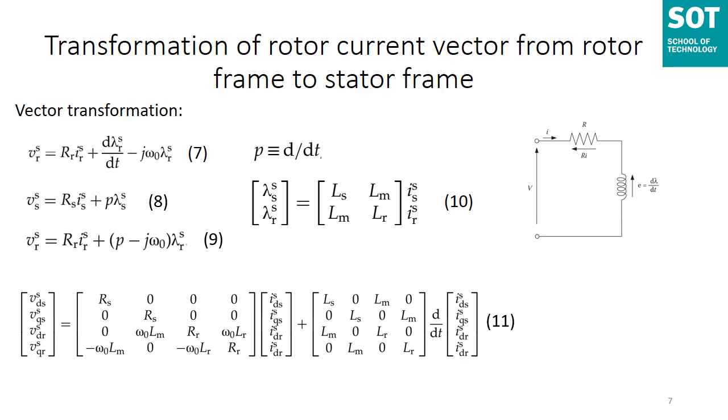Now, if you remind yourself, the rotor circuit of the induction motor is shorted. So, the voltages will be 0. What voltages will be 0? Rotor circuit is shorted, so VR should be 0. The D quantity of VR should be 0 and the Q quantity of VR should be 0. That means VDRS and VQRS will be 0. And at a given rotor speed omega naught, the stator and rotor currents can be obtained by solving equation number 11.